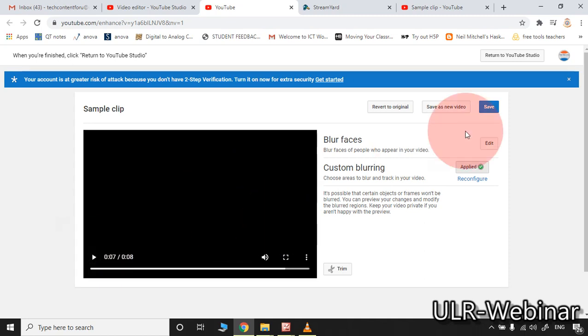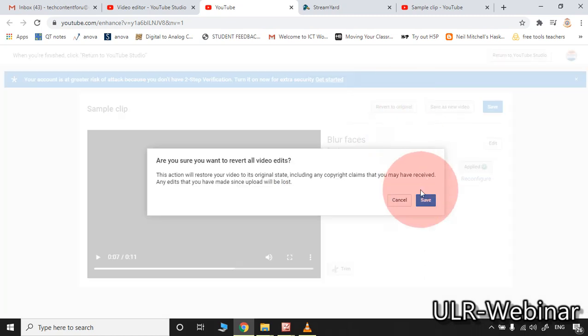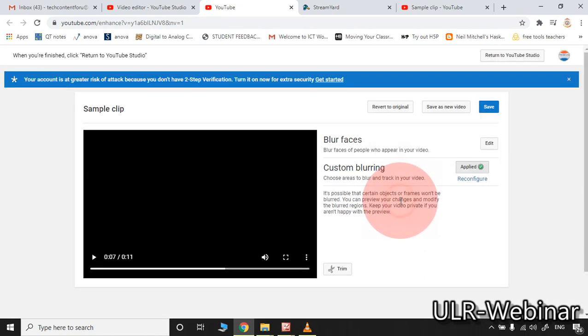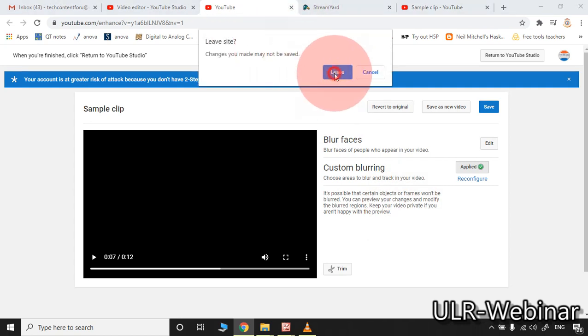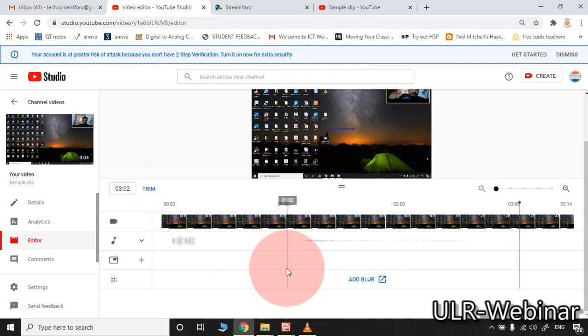So after selecting that particular area, you need to click this save. You may even click save as new video. If you don't want to add those changes, you may go to revert to original version also. So I'm moving to my YouTube editor.